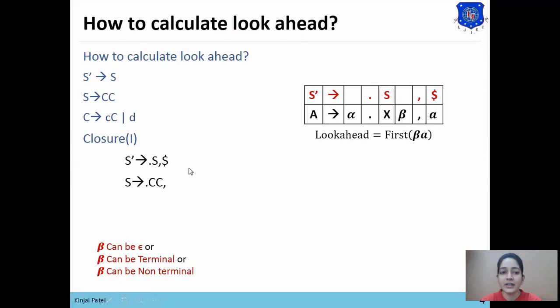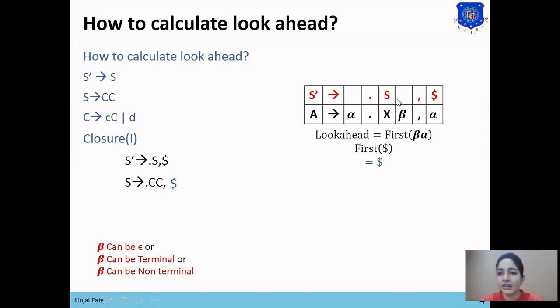Here beta equals null in this first statement, so first of beta a will be only the dollar symbol. First of dollar is the dollar symbol only. So the look ahead for S derives dot CC will be the dollar symbol.